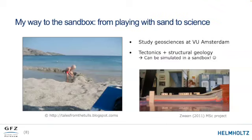And then I went on to, well, this is not a picture of me, but it could have been me. Building these kind of structures, playing with the water and the sand. This led me to go to the university. And then when I found out that you can actually reproduce tectonic processes using sand layers and silicon layers, etc., in the laboratory, like what is shown over here during a master project, I did this cross section. I was really excited about this, and I really wanted to do a modeling of tectonics with this kind of